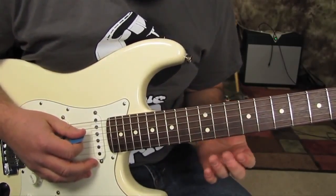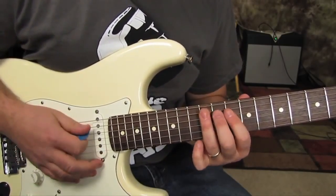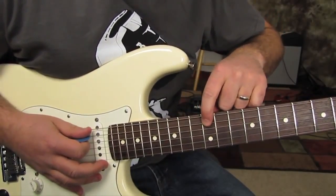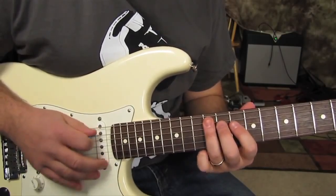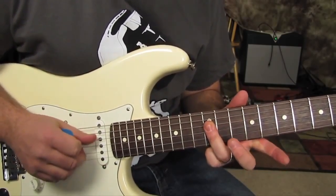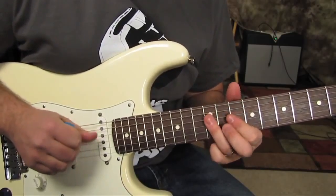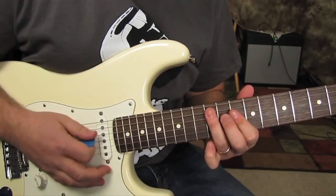So then we need to go like this. And that's going to be 12, 10 on the D to 12 on the A. But when we do the 12 to the 10 on the D, we want to double up with the G string. You need to use a pick. So you'd have...